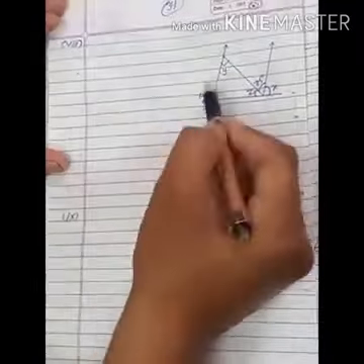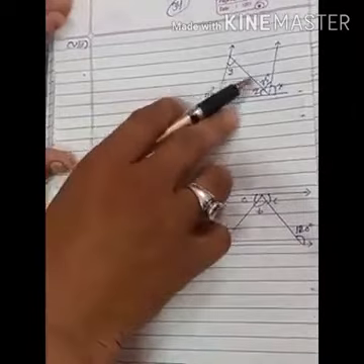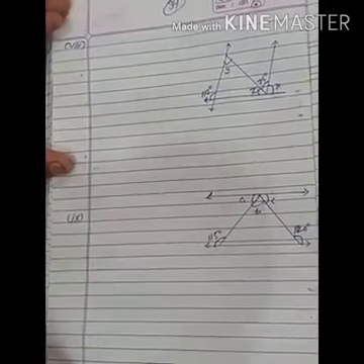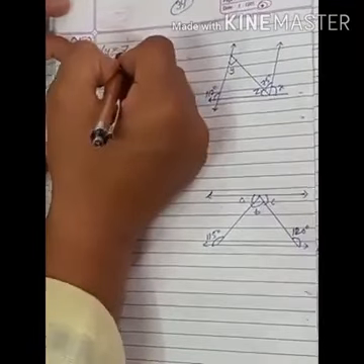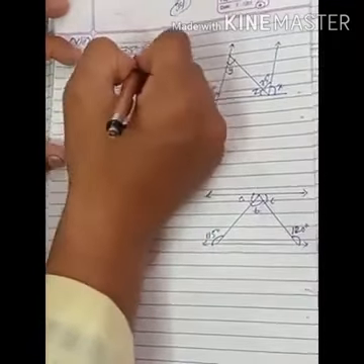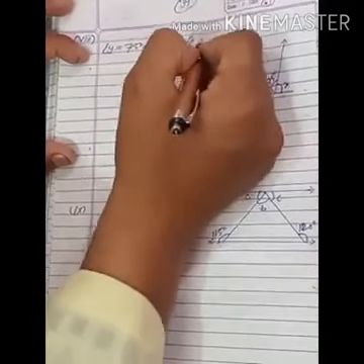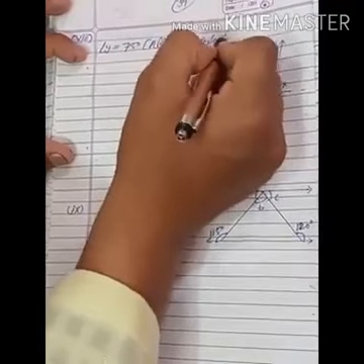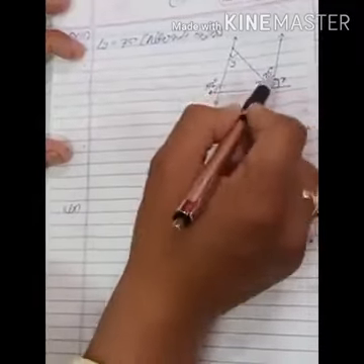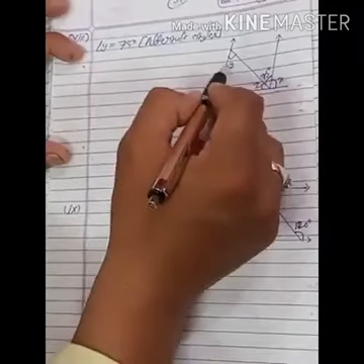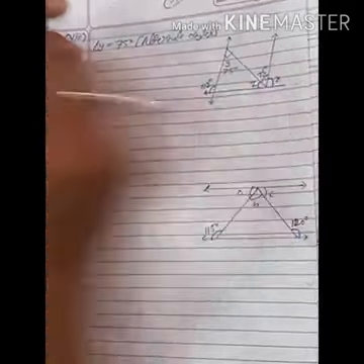So students, see these two lines are parallel. So what is the relation between this y and 75 degree? They are alternate angles. So angle y is equal to 75 degree, alternate angles. These two are parallel and this one is transversal line. So this angle only 75 degree and this y degree, they both are alternate angle. So value of angle y is coming 75 degree.